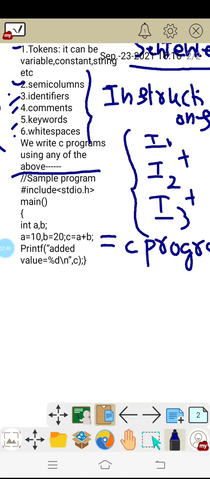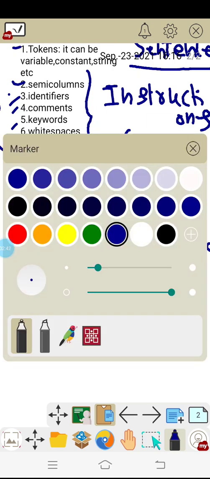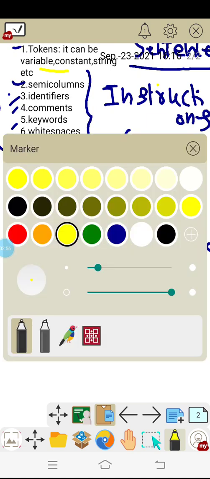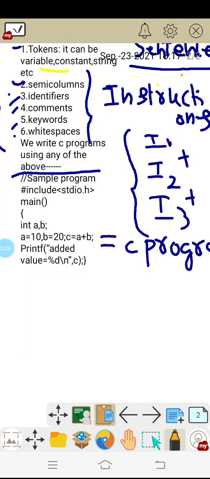For some easy understanding, let us take the token. A token can be a variable, constant or string. Let us take one variable. What is a variable in this program? A and B are called variables, right?